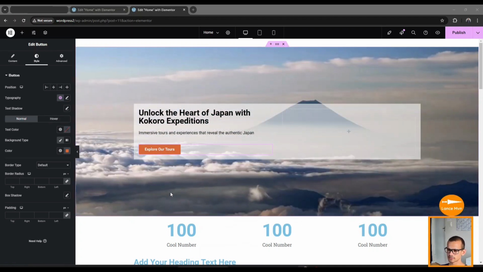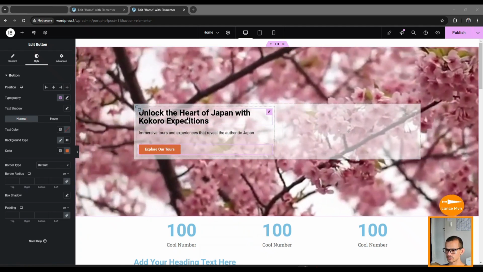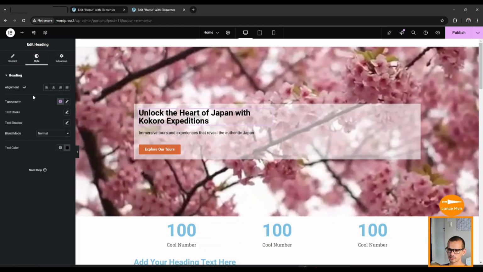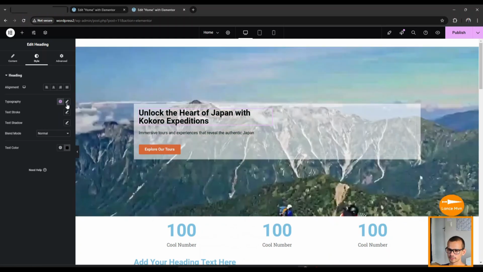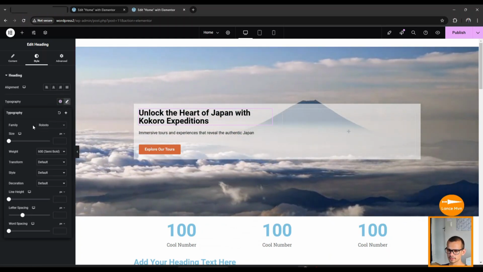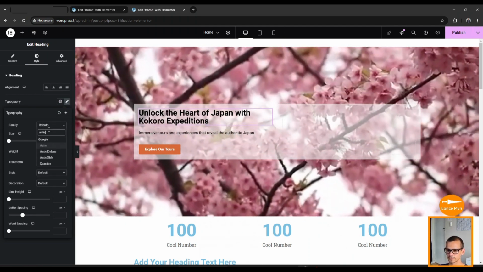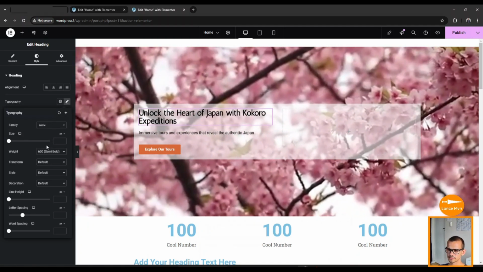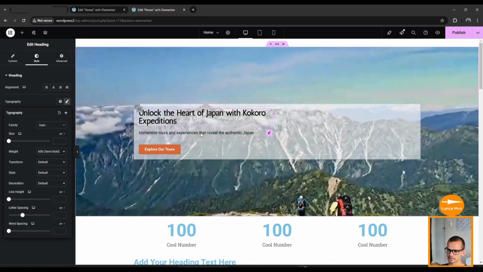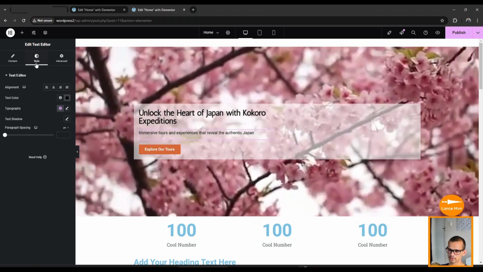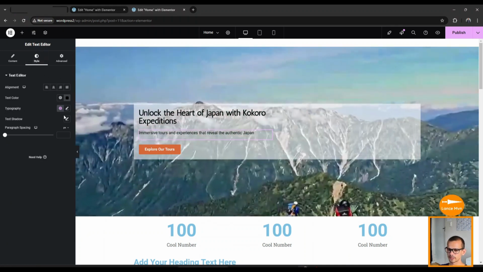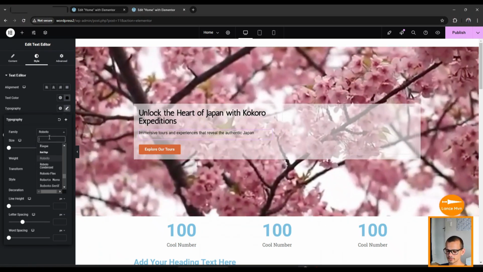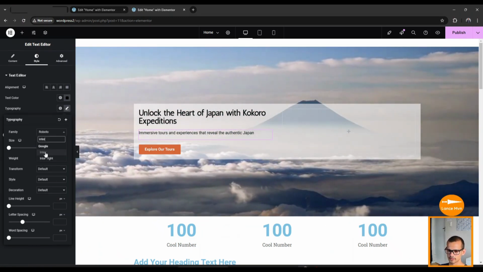Before I move to the next section, I also want to change the font of the heading, so I'll click on that and then go to Style, and by typography I'm going to click the edit button and then choose the font that matches Kokoro Expeditions, which is Antique, and then the text I'll click on that and then change that too by going to Style and Typography and then clicking the edit button, and this will be Inter. So I'll click on that,